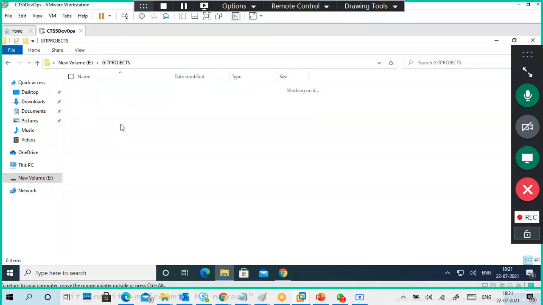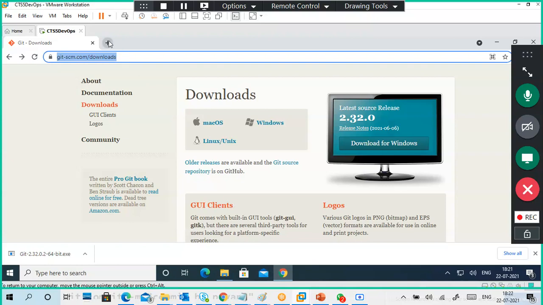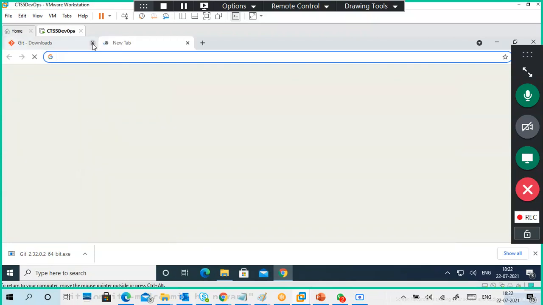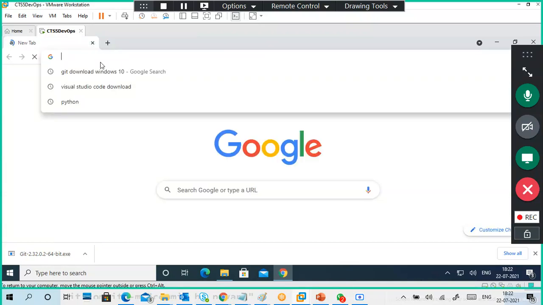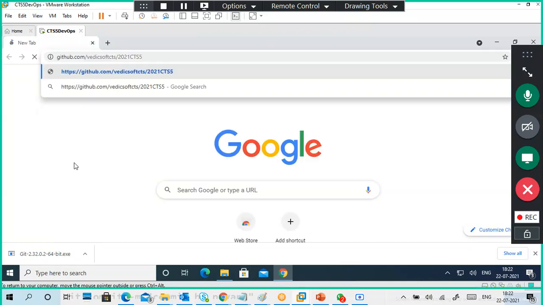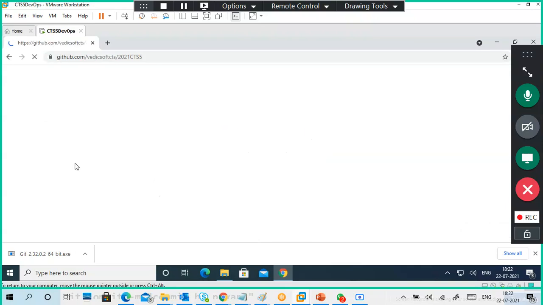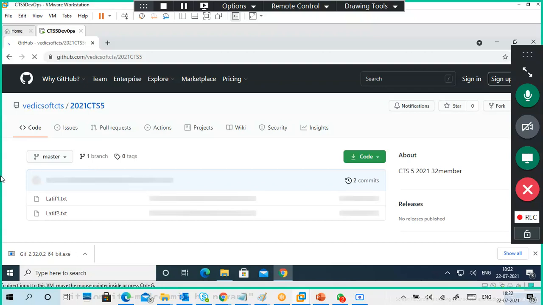Create a folder, go to the folder, and also I'm going to my browser, my local system browser, meaning my virtual machine browser. If you look at this, I'm not logging in. I didn't use any username and password. I've just opened it because it's a public repository. Anybody can access it.